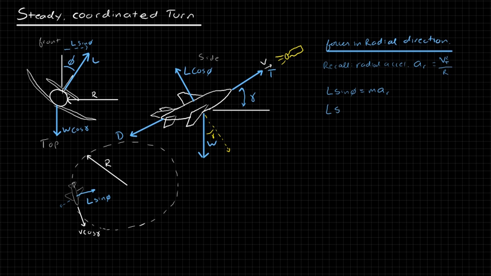So really we have L sine phi equals, I'm having trouble with my angles, v cos gamma, I think I said theta earlier too, excuse me, v cos gamma squared divided by r